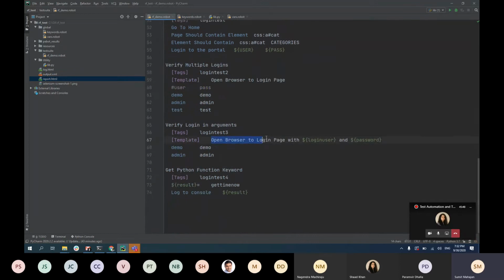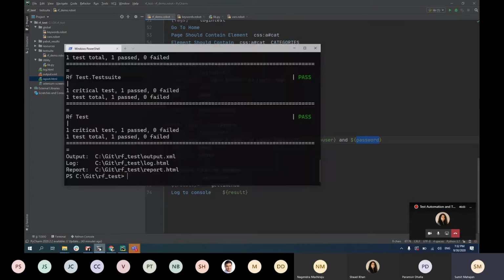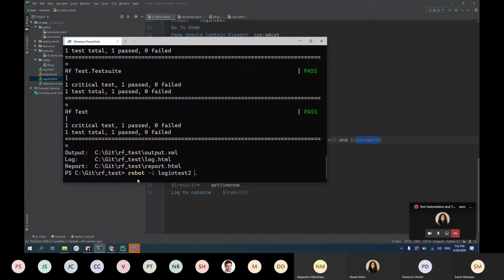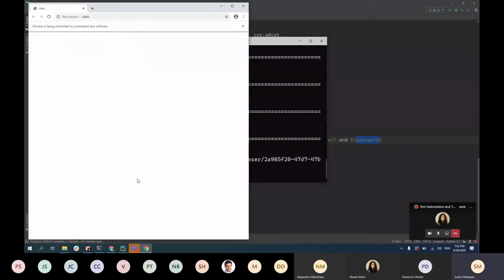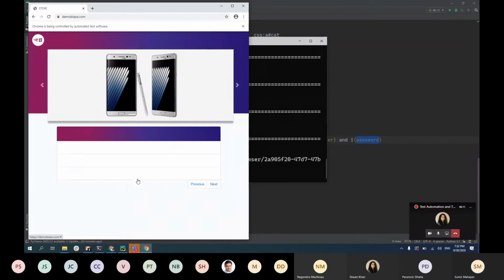So what you're doing is you're opening browser to login page with login user and password, right? And the login user and password, it's picking up from, again, the tabular format, which is demo, admin. So this login test 3 should run 2 times, right? So let's execute this. So that should be running 2 times,